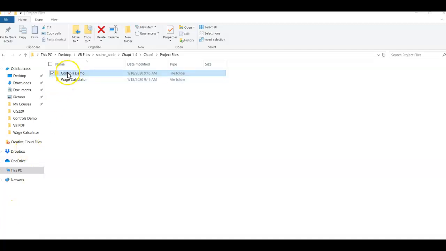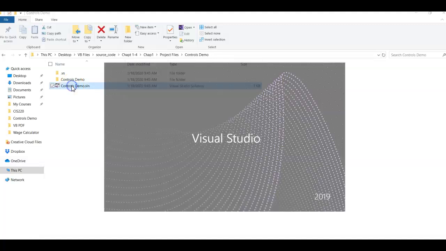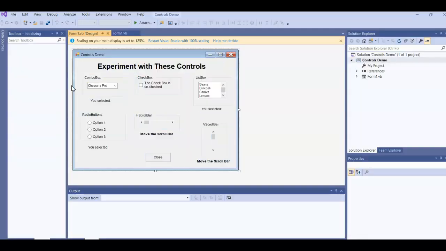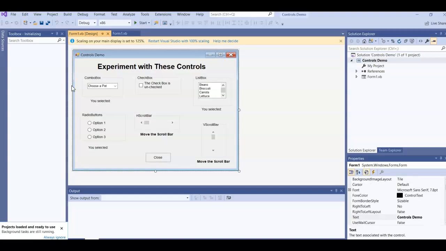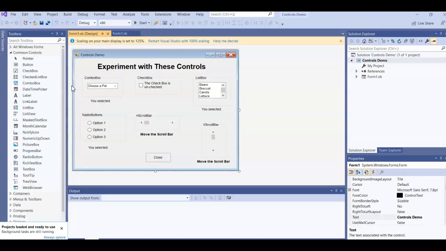Okay, so here I'm going to open up the controls demo program again by opening up the Visual Studio solution, and that will load it into Visual Studio. And I've already used this program to discuss graphical user interfaces and event-driven programming, but now I'm going to talk a little bit more about the integrated development environment, and this will kind of be an introduction, and we'll see a lot more of this in the second